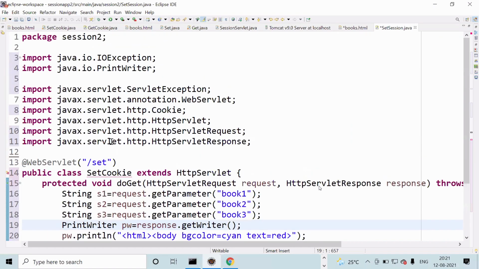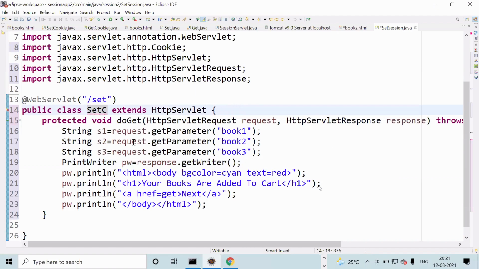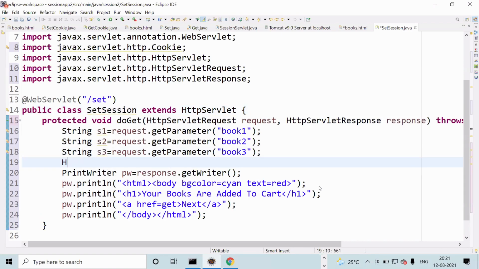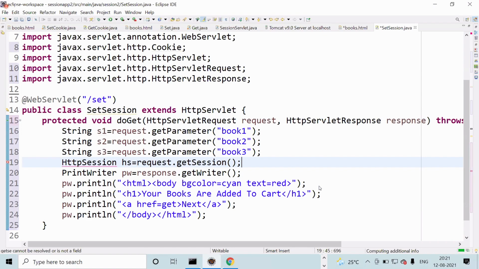URL pattern set. Class name also set session. Here, book 1, book 2, book 3, all everything is the same. Now here, what we can do is HttpSession hs equal to request dot getSession. Then the session ID is created.